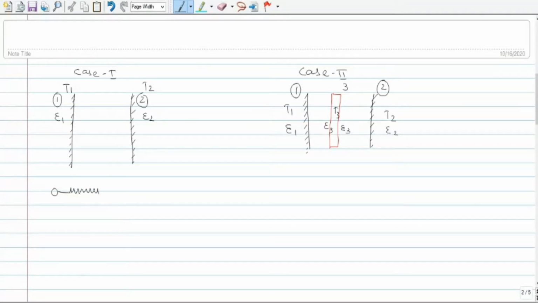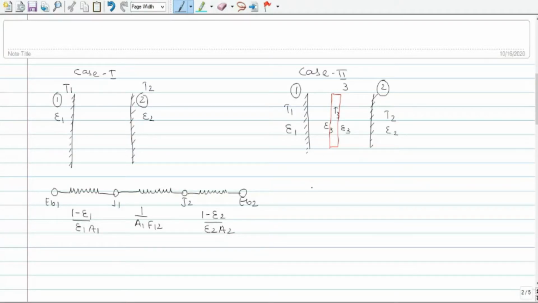So there is a resistance. Here it is EB1, here it is J1, that is a surface resistance, which is (1 minus emissivity 1) upon (emissivity 1 into area 1). Then there is a space resistance, then there is J2, then again a surface resistance, and here it is EB2. So here it is 1 upon A1 into F12, and here it is (1 minus E2) upon (E2 into A2).